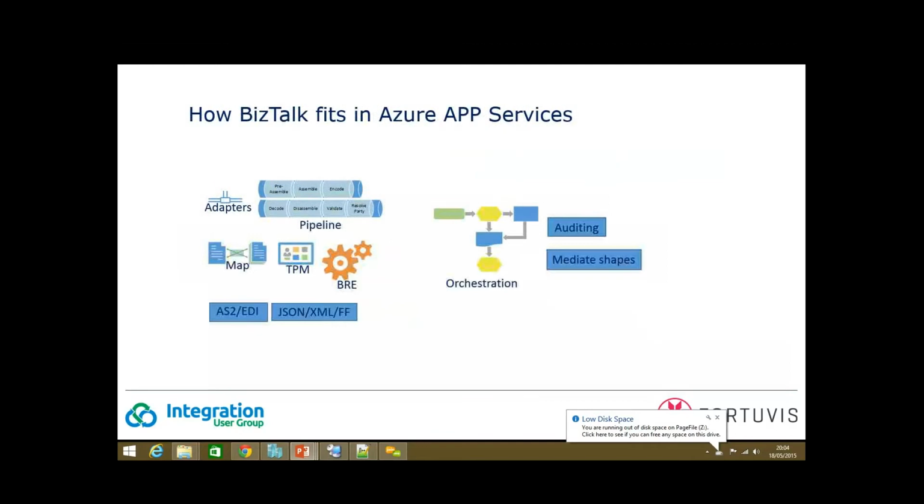We'll move on to how BizTalk fits into the Azure App Services. Why do we need to worry about BizTalk and the app services here? The reason I've added this slide is that I'm a BizTalk developer by background. We've been using BizTalk for a while, so we are very comfortable with the terms used in BizTalk. So I thought I'd show how BizTalk fits into app services, another integration service on the cloud. With BizTalk, we have adapters to communicate with systems, pipelines to do the pipeline processing,